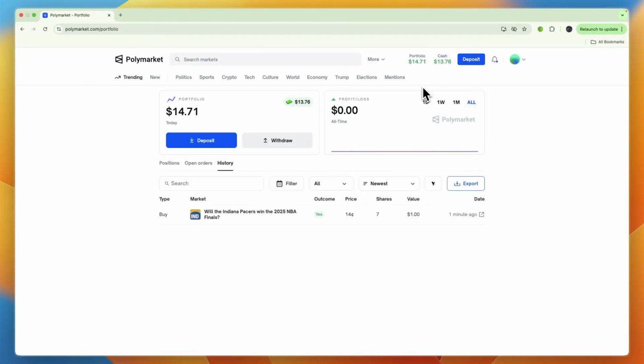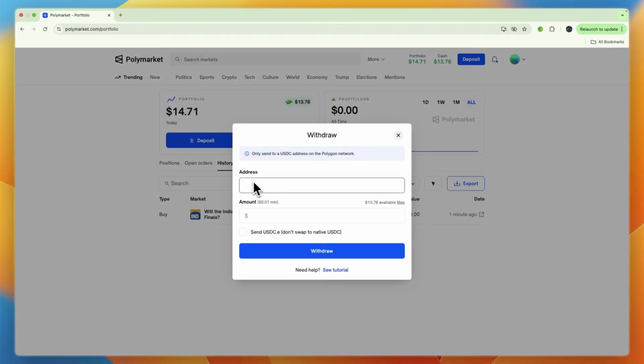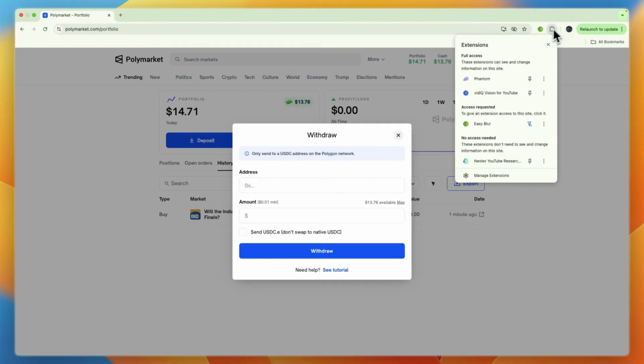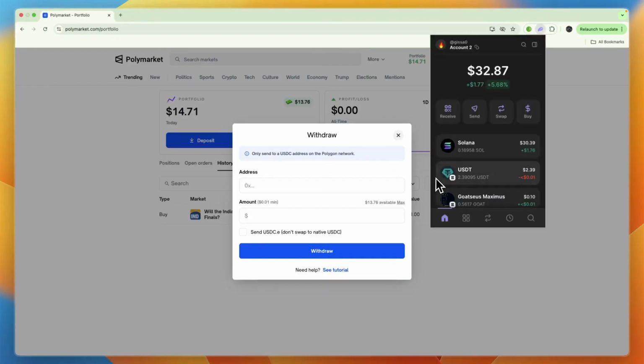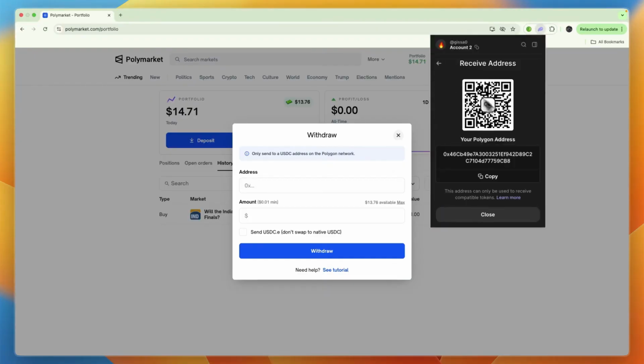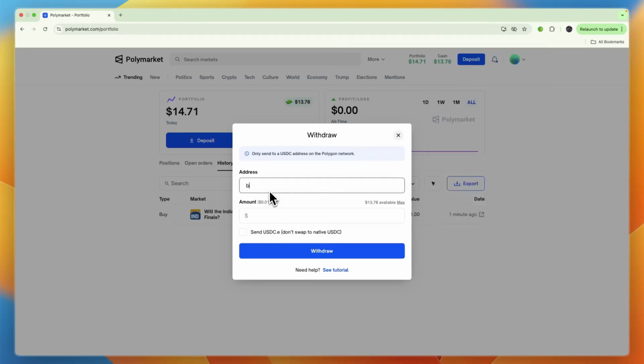And then if you eventually want to withdraw your money, you can then just click withdraw. And then here you need to enter an address, and you can see you can only send to a USDC address on the Polygon network. So therefore it's important that you select that. For example, I use Phantom Wallet, so what I can then do is click receive, and then here I can get my Polygon address, then enter the address right there,